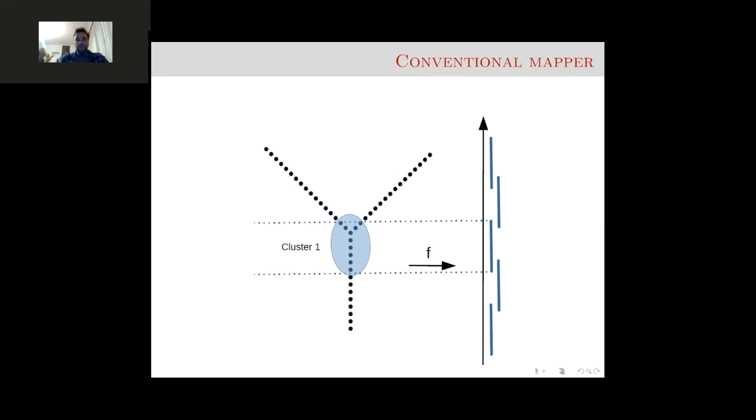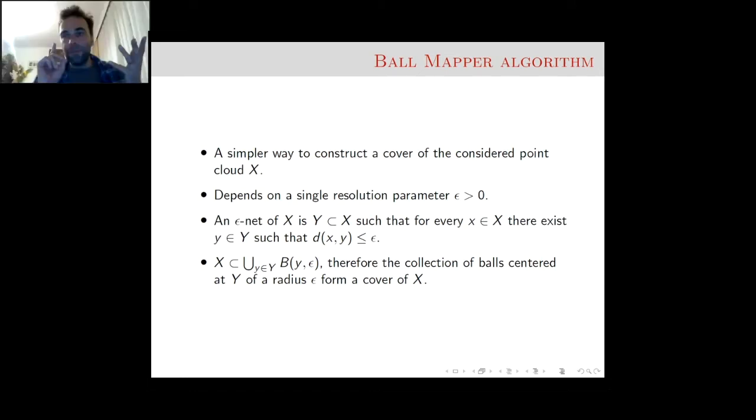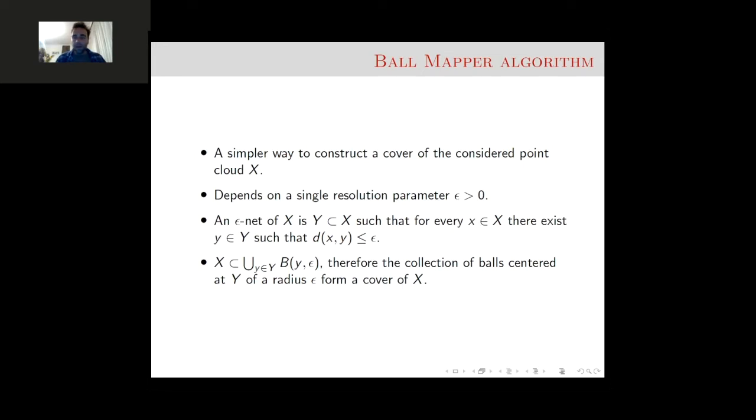However, once you realize we need quite a few parameters to set up. We need the number of intervals to cover the real line, the percentage of overlap, and the clustering algorithm. What's more important, we need the function that actually maps our data set to the real line. So there are 4 parameters which we need to choose. And when thinking about the mapper algorithm, I was thinking about a possible simpler way to construct this from a point cloud. This way depends on a single parameter epsilon, if a metric is given on our point cloud, and it's really based on a very simple geometrical concept,